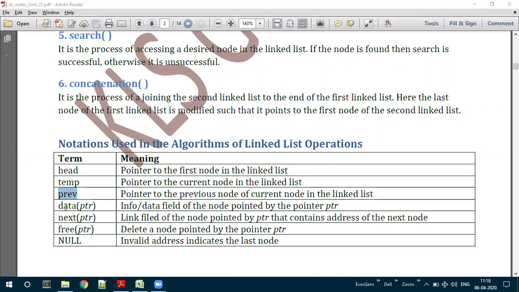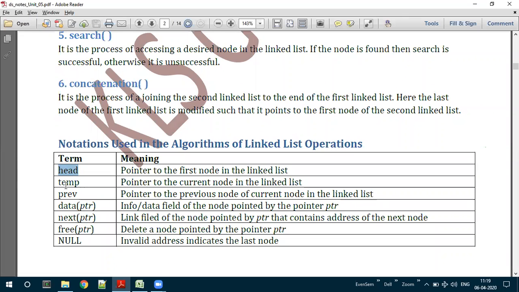Now, the next terms are what? Now you keenly observe here. We have something called data, and something called next. For this data and next, within the brackets, we have written PTR. PTR means a pointer.